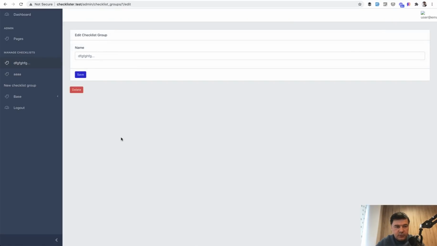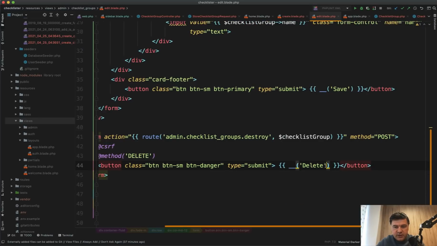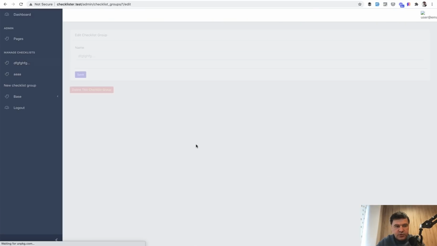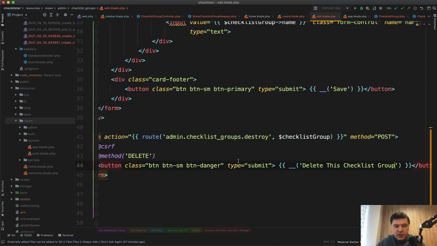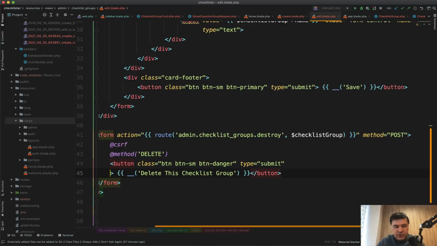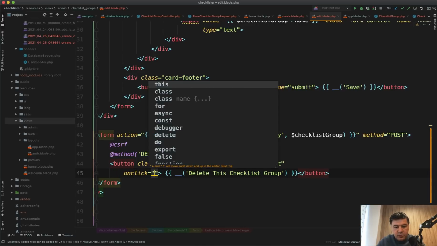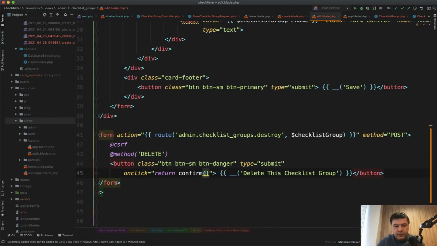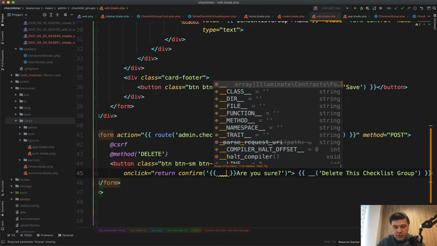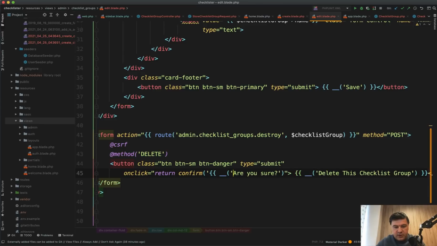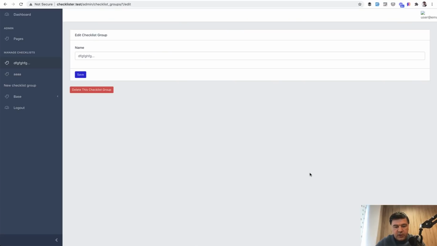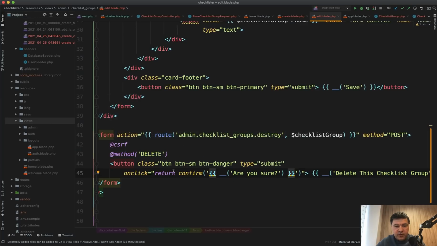Okay, so delete. And let's actually even call it differently. Delete this checklist group. Like this. So it would be perfectly clear. And also let's add a confirmation, just plain JavaScript. So on click, return confirm, are you sure? And that are you sure also should be in the translations. So again, like this, are you sure? Like this. So we click it, we can cancel, but if we do confirm,